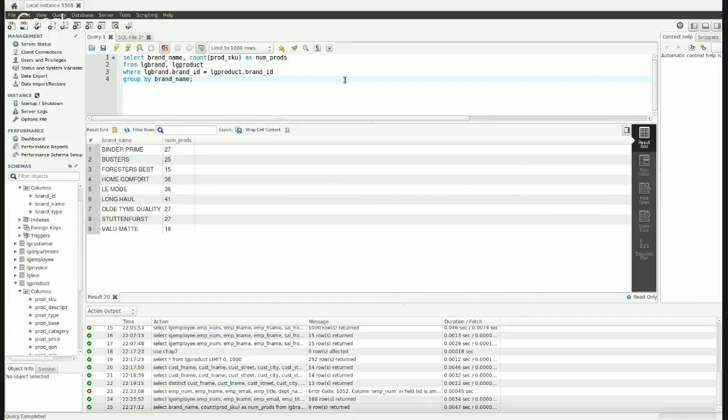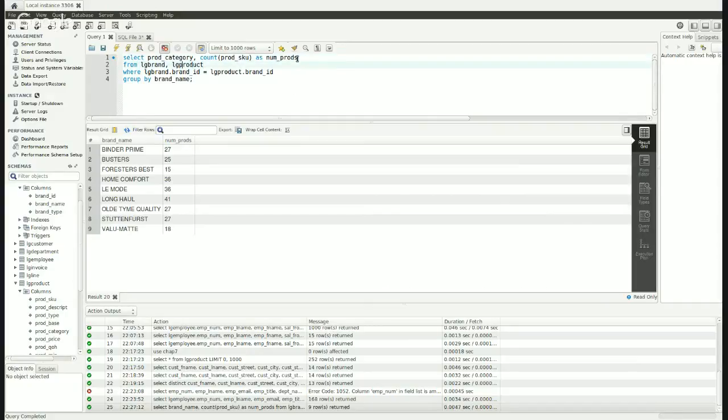Write a query to display the number of products in each category that have a water base. Okay, so on this one, we just need LG product. That's kind of fun. Okay, number of products in each category. So, prod_category. And then I'm going to do the count prod_SKU again, because I know that there will be a value for all those as prods